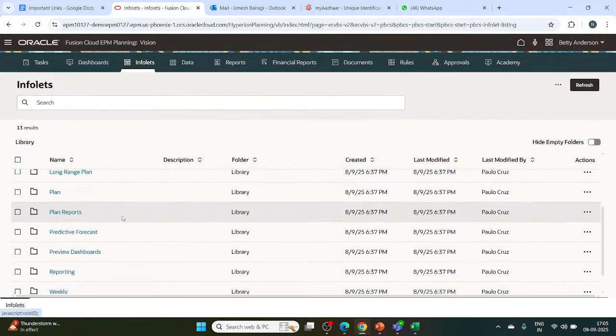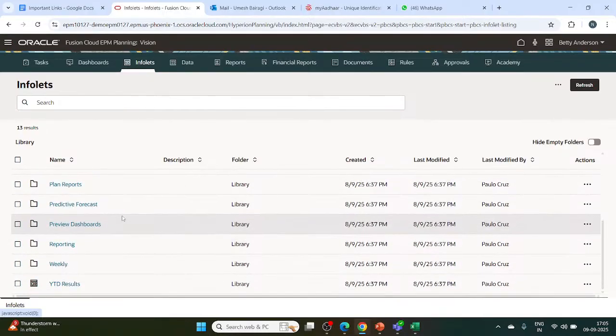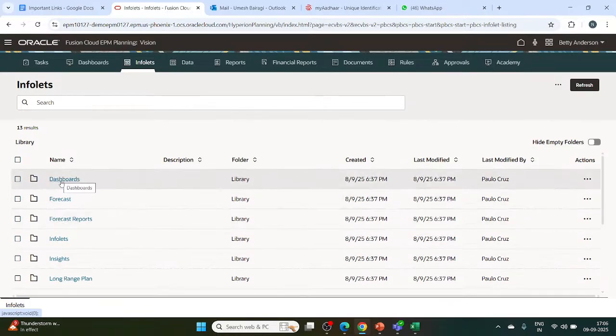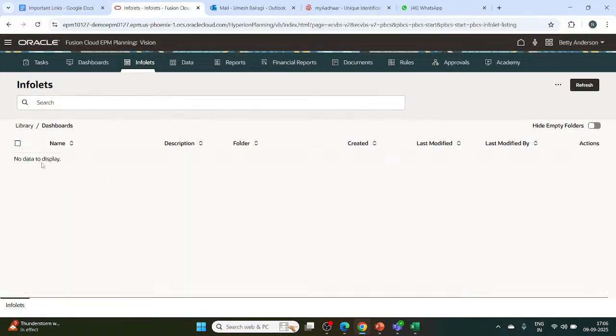Here in the infolets, we will see particular folders. These are the folders, and this is the infolet here. So when we open a particular folder, like dashboard, which is one of the folders, that is empty, and there is no infolet here. But if we have to create